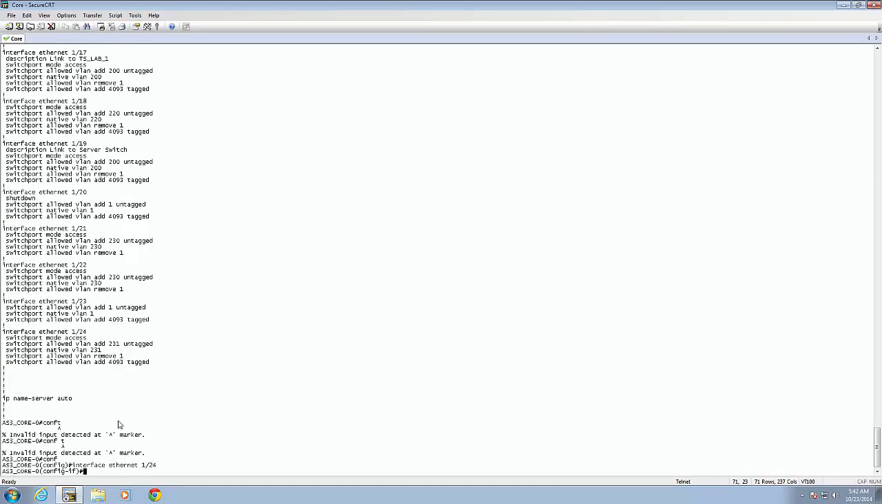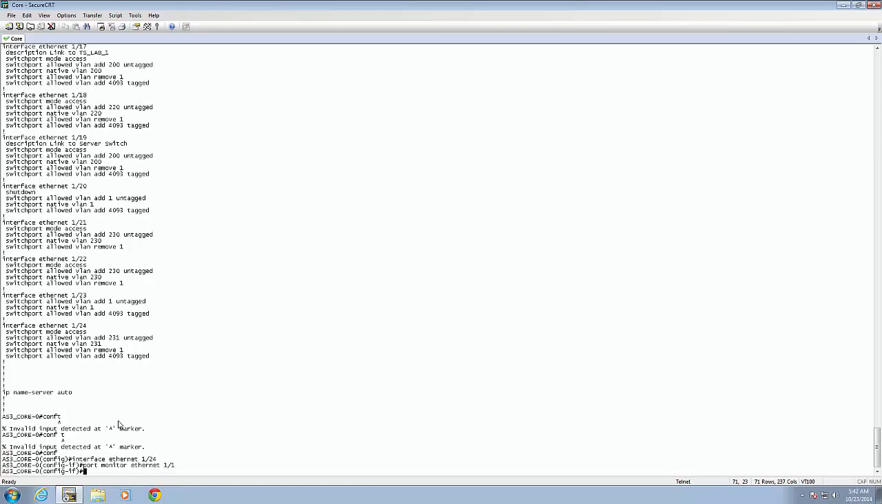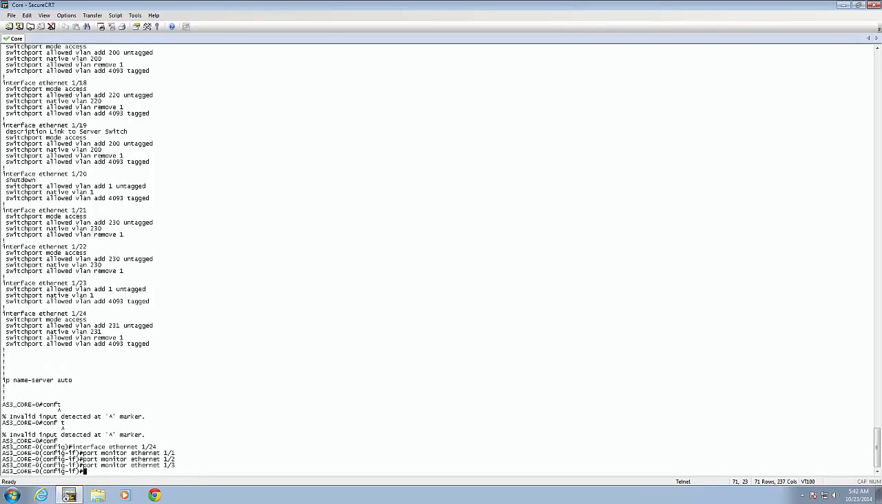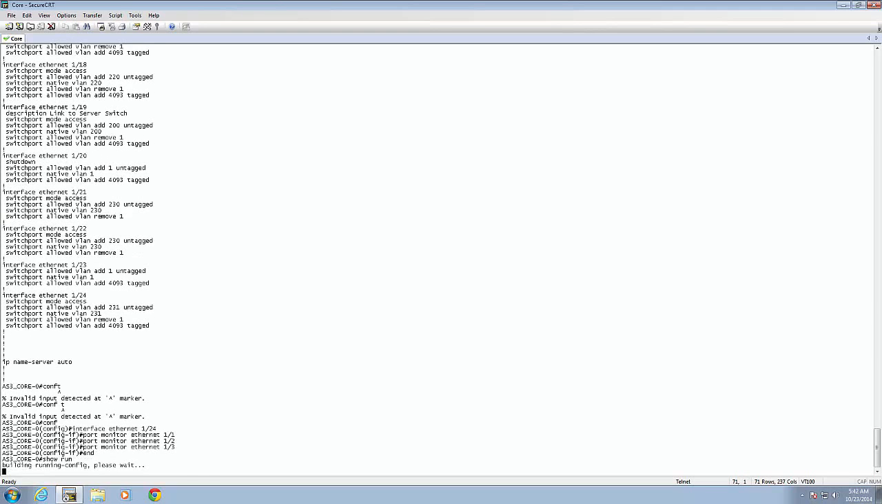So now I'm inside that interface programming it, and all I have to do if I want to monitor other ports is go port monitor, Ethernet 1/1, and then if I wanted to do multiple ports, then I could just do 2, 3, etc. And then if I do end and show run,